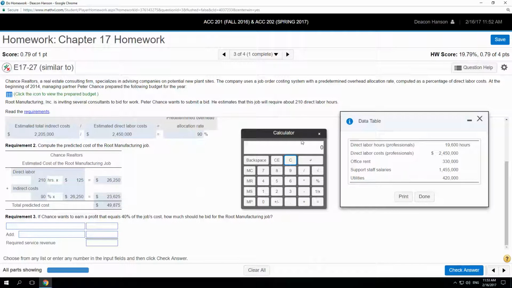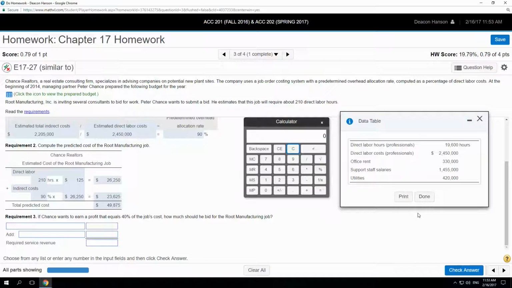Okay. So far, so good. Now it says, if Chance wants to earn a profit that equals 40% of the job cost, how much should he bid for the root manufacturing job? So basically, we're just going to take 40% of the total cost and add it to the total cost. Okay, so you could put that in. You could say total predicted cost of 49,875, and now I want to figure out what 40% of that number is. So times 0.4,